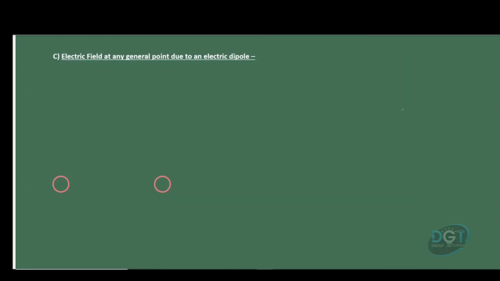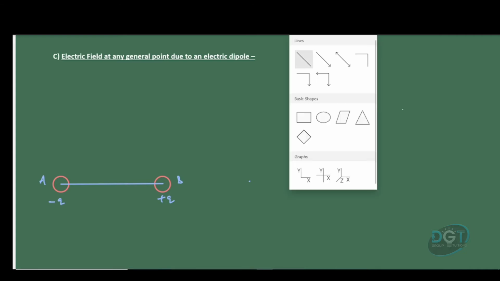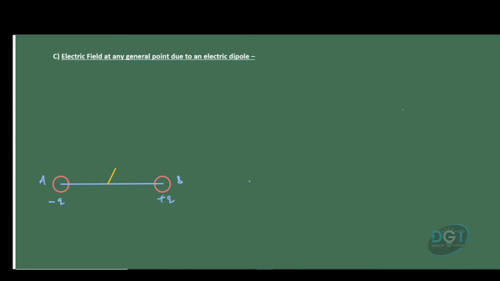So now let's derive an expression for electric field at any general point due to an electric dipole. For that we need a diagram. Suppose these two circles represent charges constituting the dipole as minus q and plus q. Let's name them as charge A and charge B, and let's join their central line as this, and let's make an inclined line from the midpoint of this dipole, and we'll place that general point somewhere on